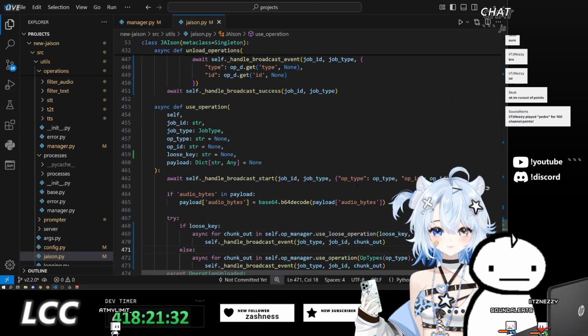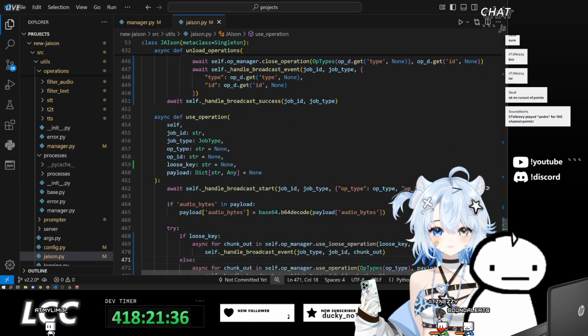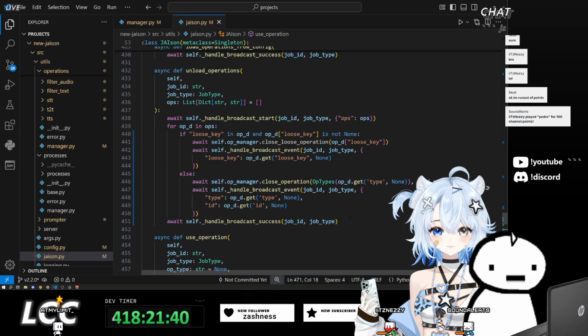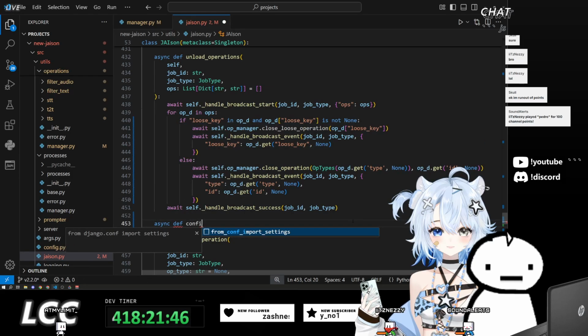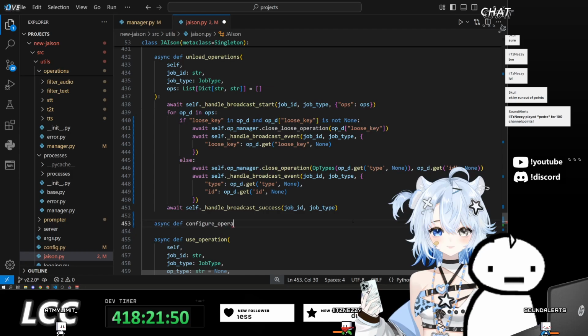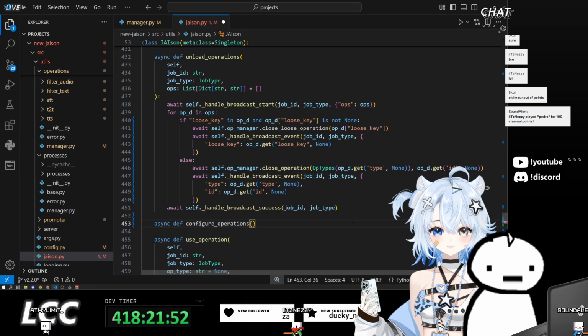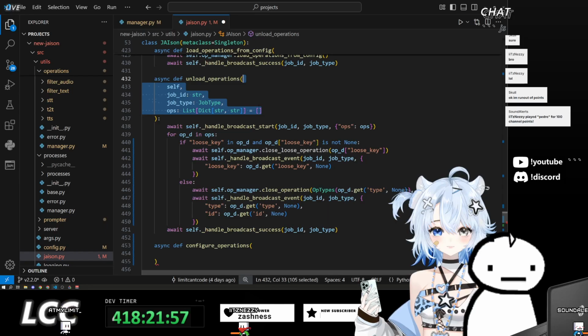Okay, the only things we need to add now are proper configuration endpoints for the prompter and the operation. So underneath unload operations, we'll need a new one, async define configure operations. And this will follow a similar style to these.